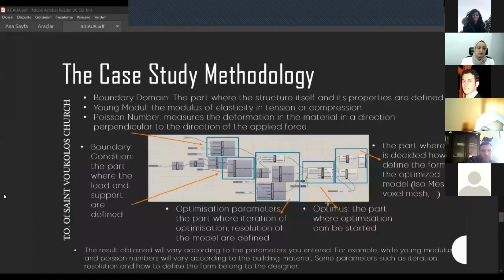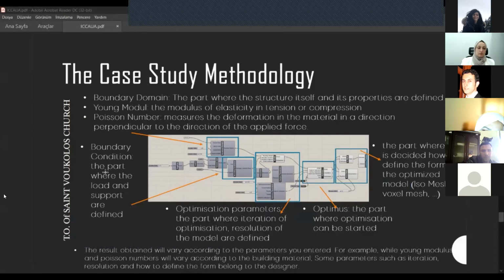First, the structure and its features are defined. Boundary domain, where the structure itself and its properties are defined, and then Young's modulus, the modulus of elasticity in tension or compression, and then Poisson's ratio measures the deformation in the material in a direction perpendicular to the direction of the applied force. These are boundary domains. And after that, load and supports are defined. These are boundary